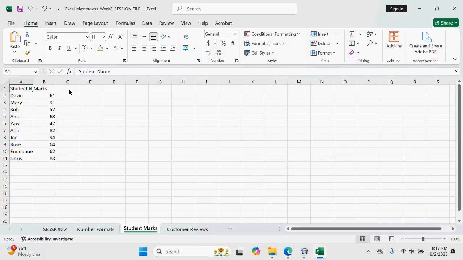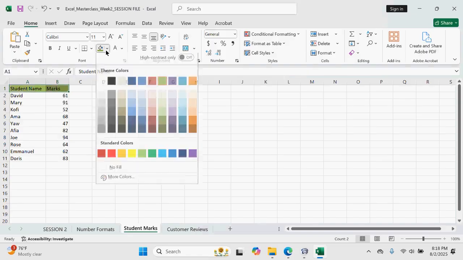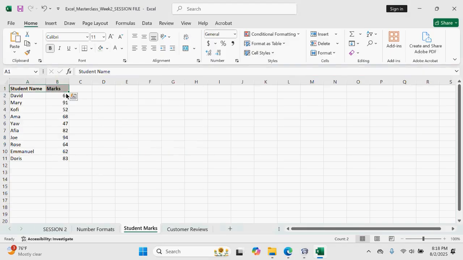So now, conditional formatting is a very handy type of format when it comes to data organization and data analysis in Excel. Trust me, it's a very interesting topic. So now let's say we have these student names here, and you want to apply some formatting to it. So let's look at what conditional formatting is. Conditional formatting formats a cell or a range of cells